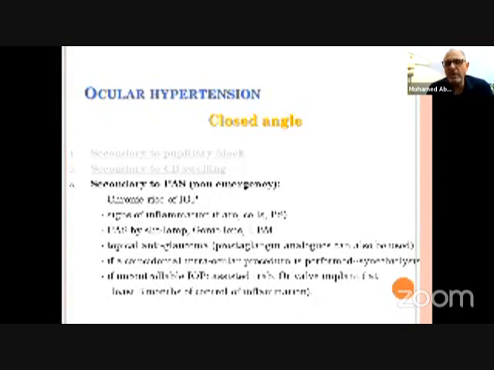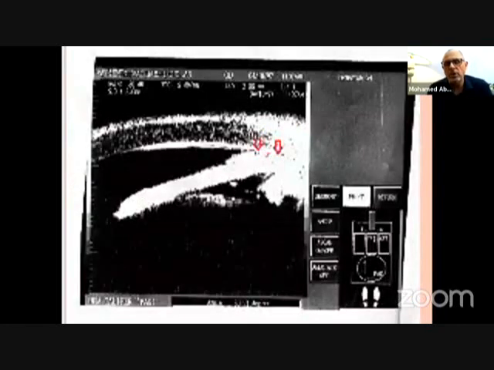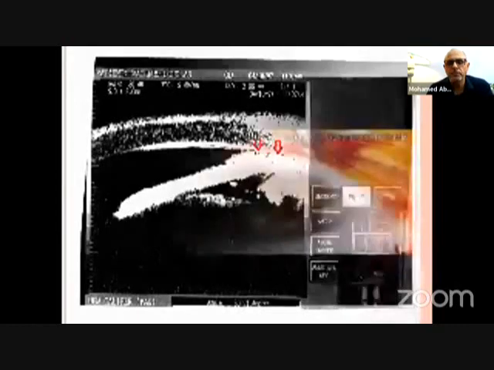Here the treatment is medical mainly, and if it's not controllable on drops, then you have to do a trabeculectomy after a 3 to 6 month period of no inflammation, and sometimes you would go for a valve implant, especially in children. Here is UBM appearance of a peripheral anterior synechia closing up the angle, and here is the synechiolysis by